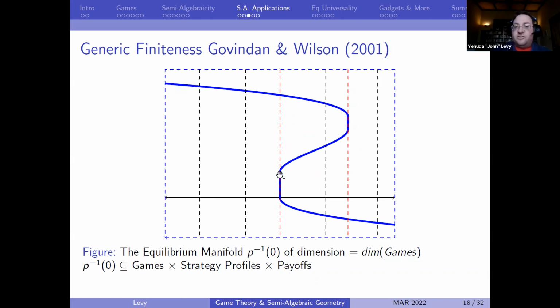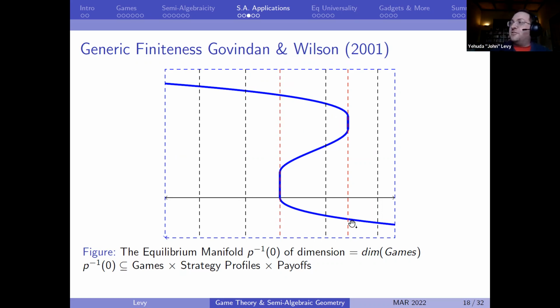And using that, what they do is they define some wiggly set of this, some manifold, such that what you have here is the space of games, right? The space of games is a Euclidean space, right? It's just however many payoffs you need to specify in the matrix. And they define some manifold over it such that a point here, its first coordinate is the game, and the other coordinates are equilibrium strategies and payoffs. Okay, so all the equilibria of all the games are somehow on this manifold,